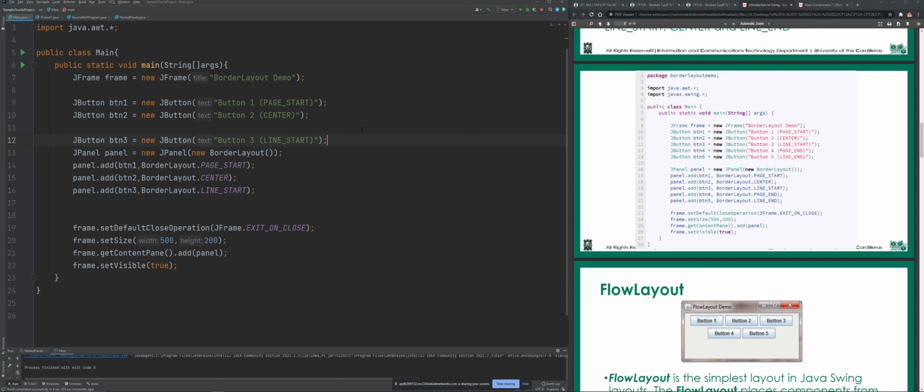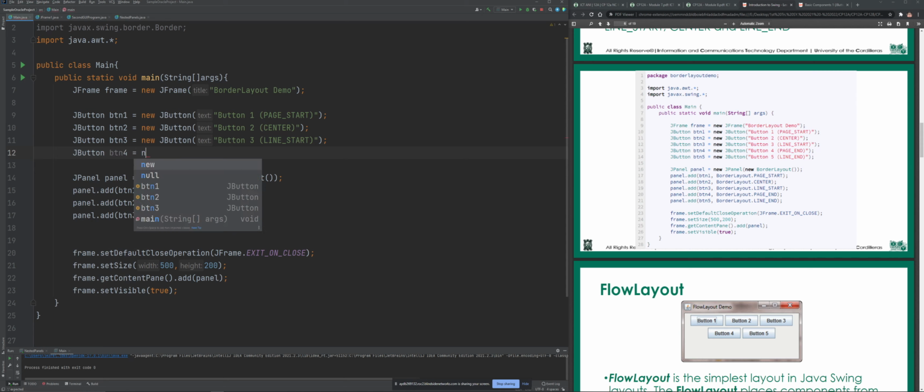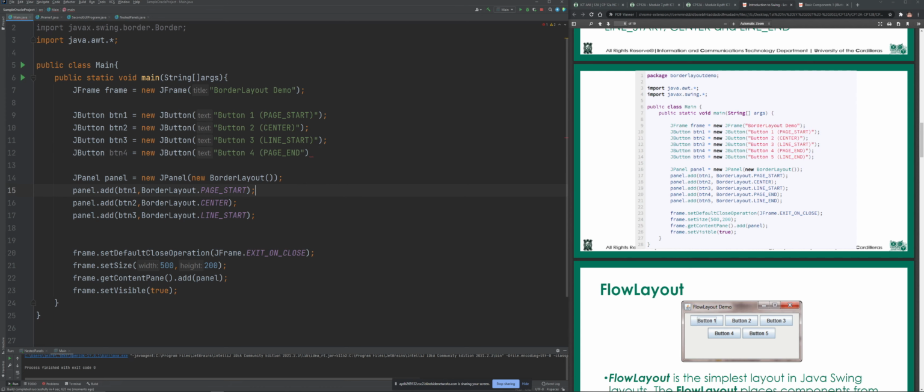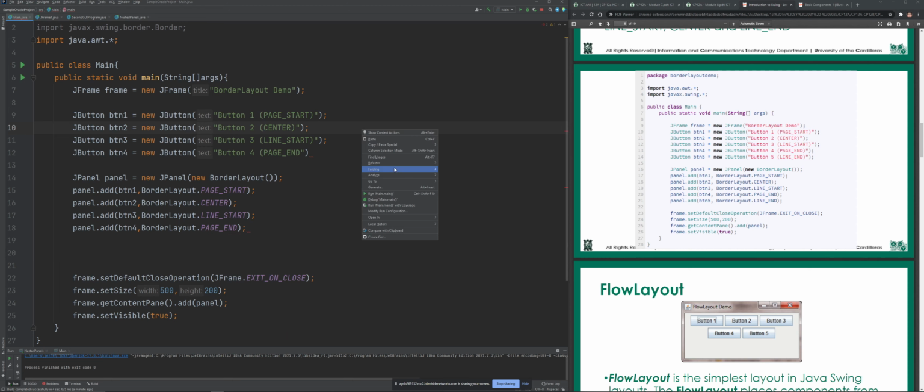Next, ganun din. Gawa tayo ulit dito ng JButton pero this time it's btn4 equals to JButton, button 4, and instead of line start, page end. So technically, we are trying to put a button sa my right part or beside center pero sa right part niya naman. And do not forget to add that inside the panel. btn4 border layout dot page end. Ayan. So kung i-run natin ulit yan,